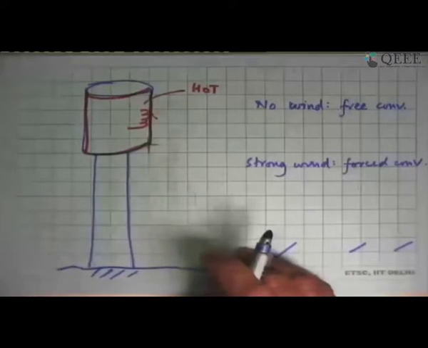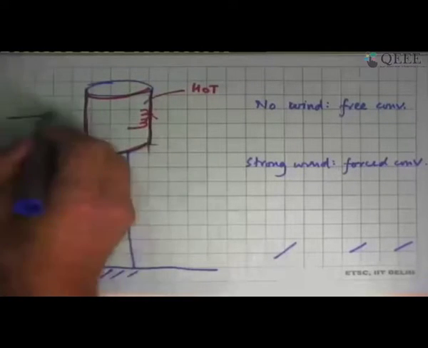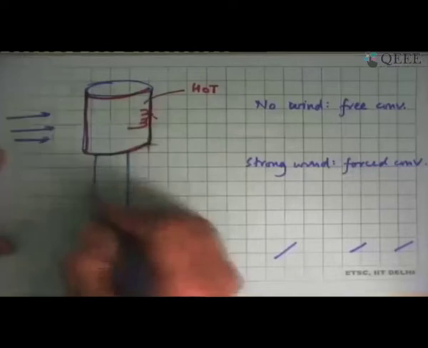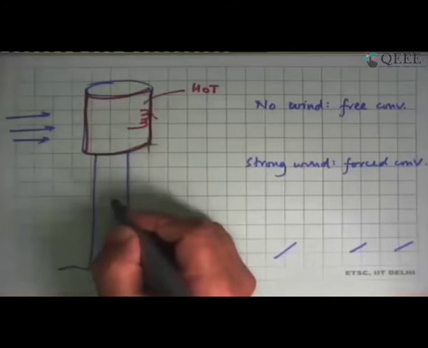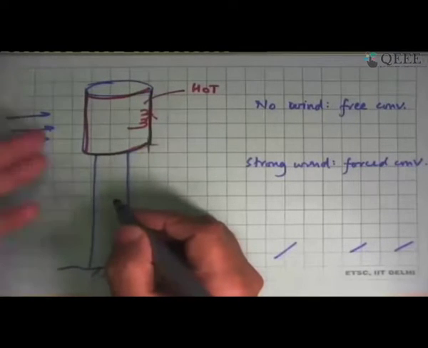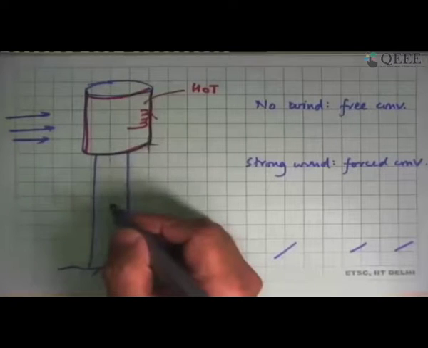And you say, okay, what is the relative orientation of the cylinder and the wind? You can say if the wind is running parallel to the ground, then this is a configuration of forced convection from a cylinder in cross flow. And for that, we will pick up a correlation and estimate what is the heat transfer rate from this.